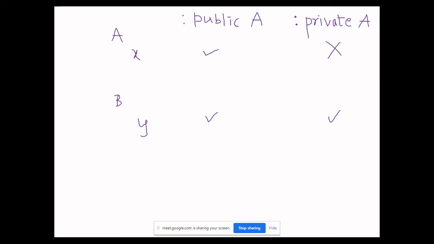Remember, this y was public and so was x, both are public. The only change was when I tried to inherit using different keyword. And here is the explanation.